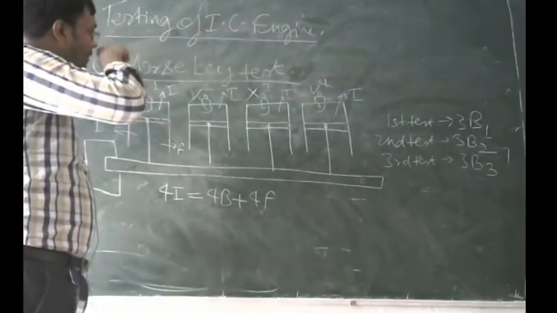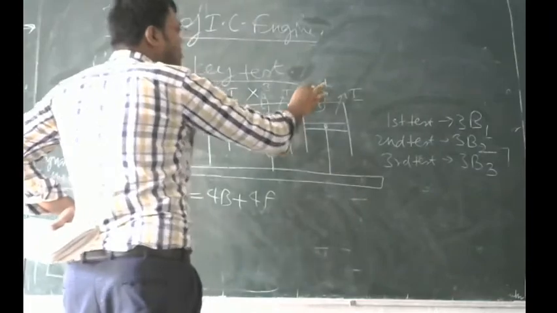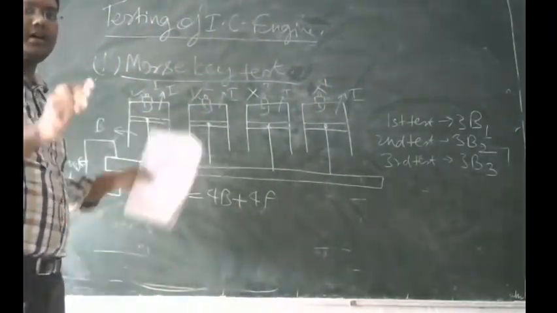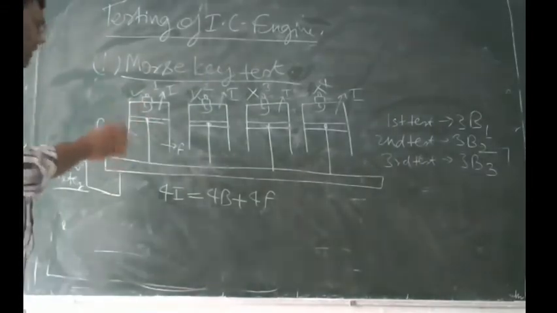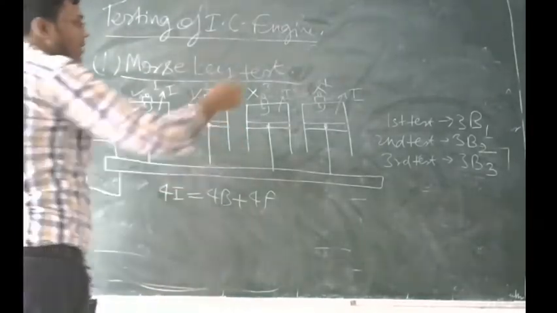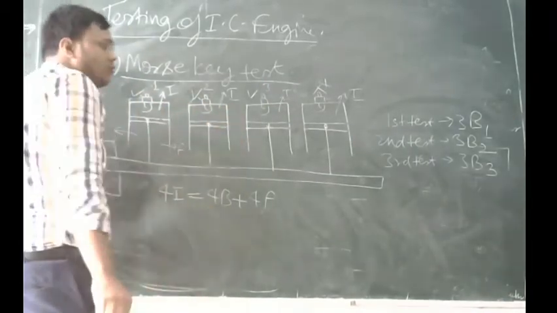Okay. Now we will stop the sparking of the last cylinder, that is the fourth cylinder. So we will stop the sparking of every cylinder one by one, and we will get the power from the other three cylinders, and we will note the reading from the power of the other three cylinders. So when we stop the spark in the fourth cylinder, we will get power from cylinders 1, 2 and 3. So in the